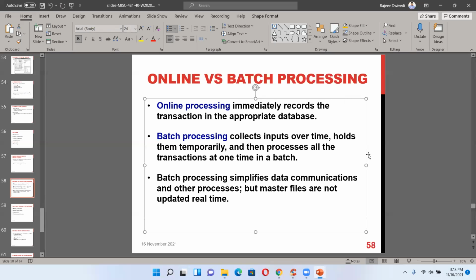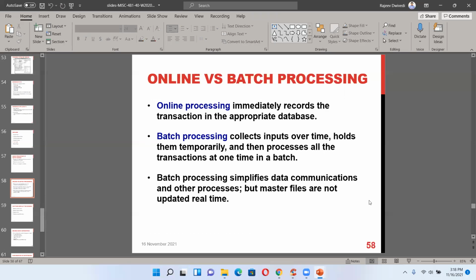Batch processing simplifies data communication and other processes, but master files are not updated in real time. So master files here update every day, every morning, or whatever time is decided by the video store manager. In online, it is instantly done.